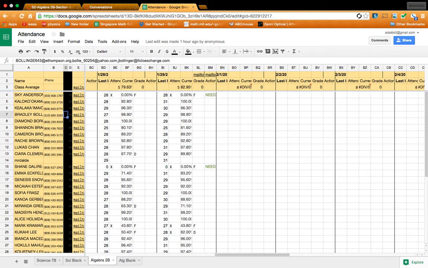So when I give you a copy, I'm going to give you a blank copy of this thing, and all you've got to do is go into PowerSchool and put in all of your email addresses, and then only mess with this C column, and don't mess with this thing, because what this does is it basically calls that. So all the functionality is already built in. If you click on here, it will automatically pull up